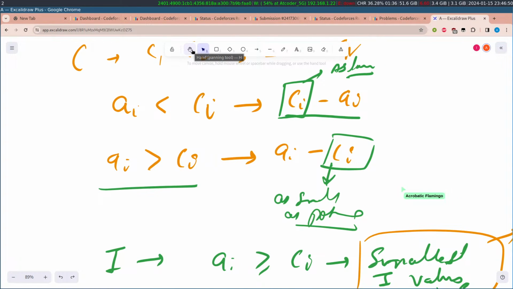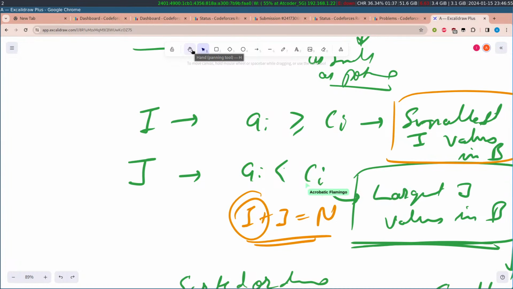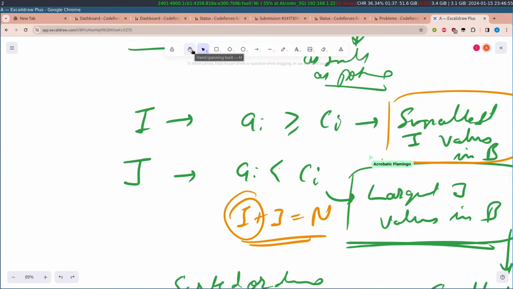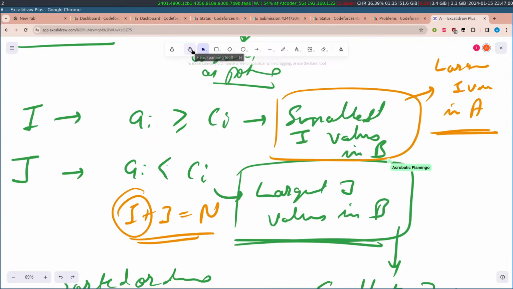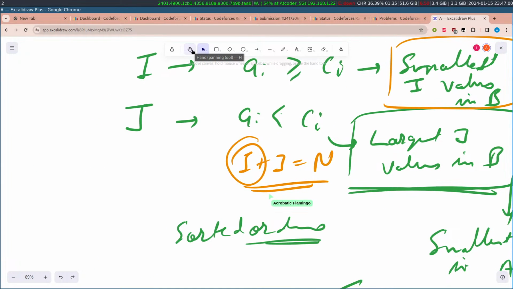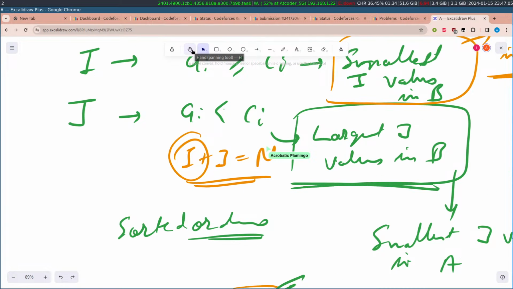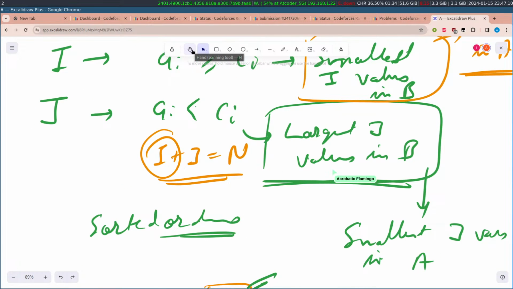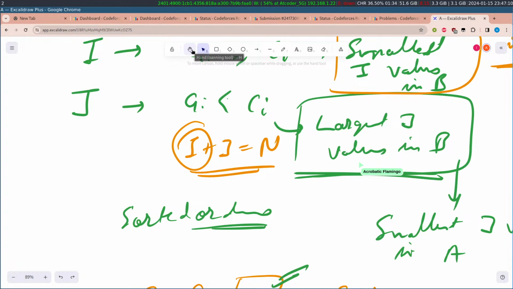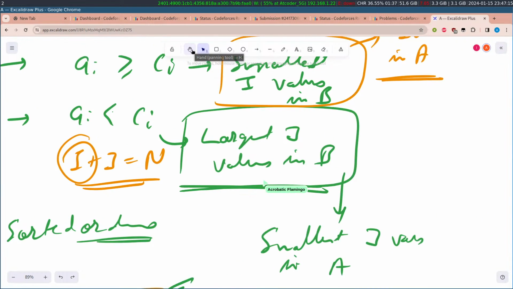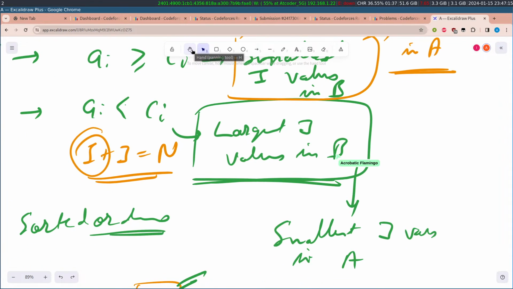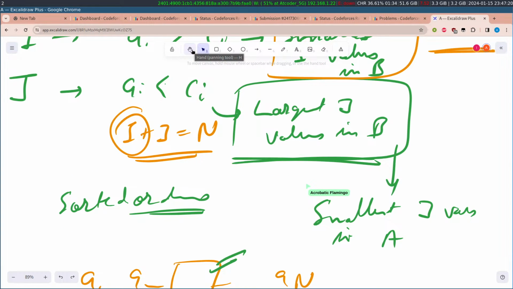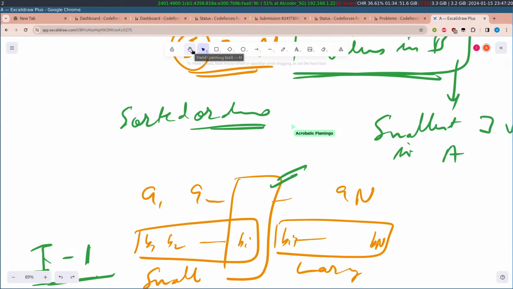Now this gives us an idea. If for index I, AI is greater than or equal to Ci, then we should pick the smallest I values in B. For j possible indexes where AI is less than Ci, we should pick the largest j values from B. And we also have a condition that I plus j is equal to n. Once we have decided that we should pick some set of small values and some set of large values, what we can do for the assignment, how should we arrange them, is